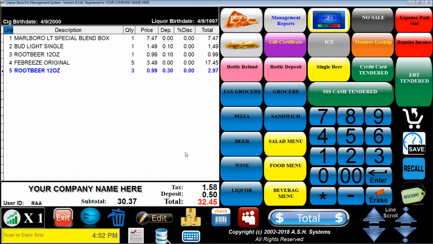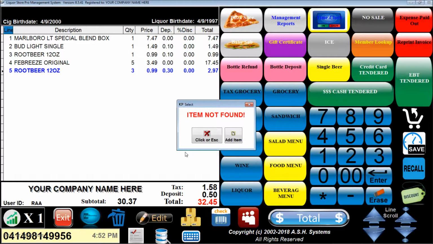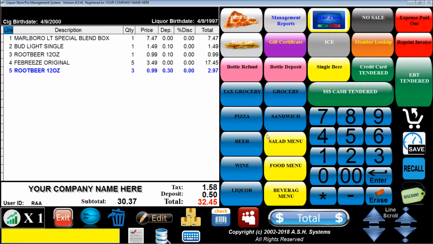If I scan an item that's not in the system, you will hear that response. I can click and cancel, and I could just do what was it, $1.79 grocery. Ring it up that way. So these buttons work just like you're used to with your cash register. Or I'll scan it again,